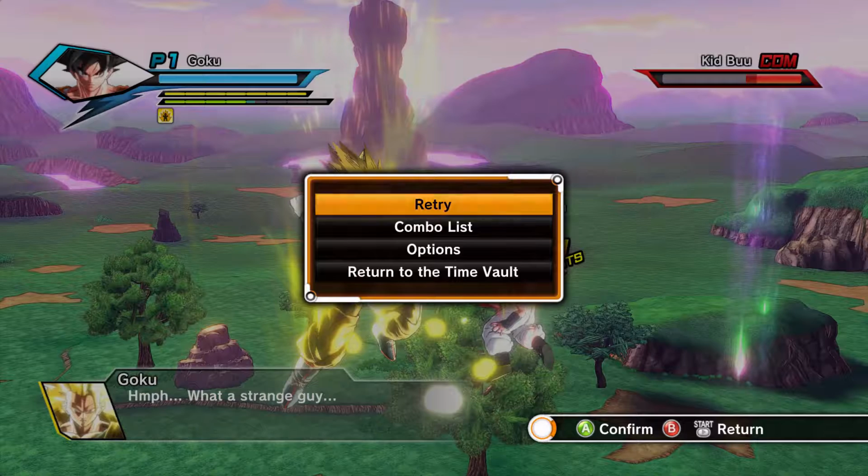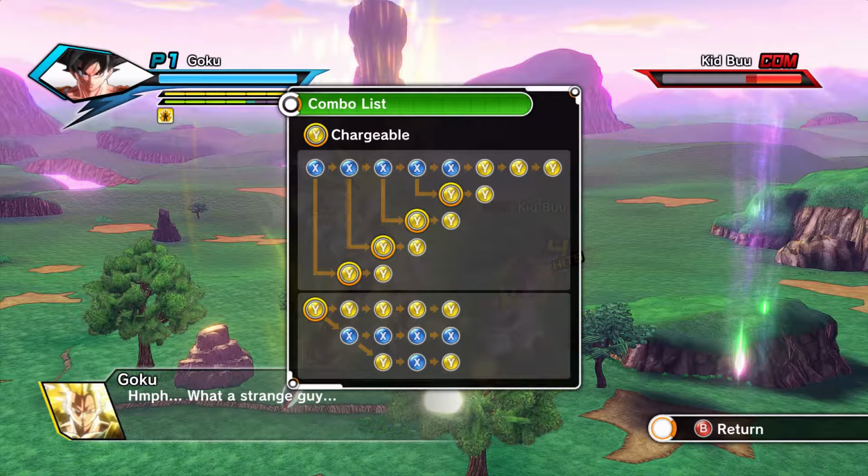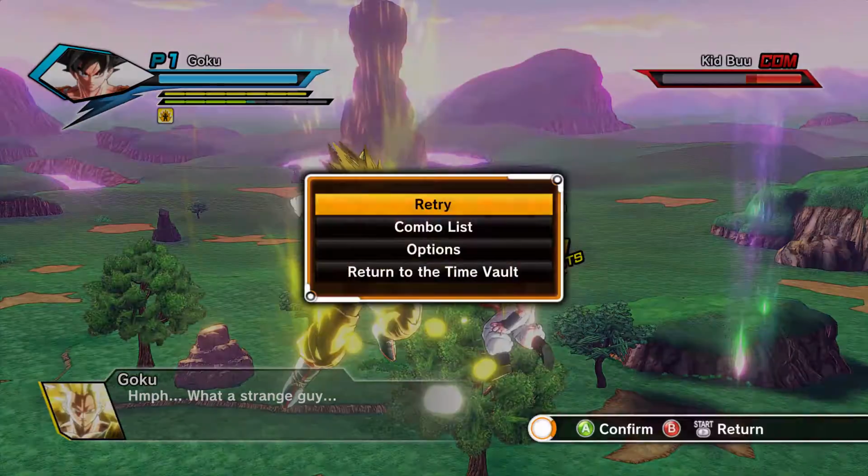I'm going to pause it real fast while I talk about the rest of this. Anyway, my right trigger lets me open up a combo. Here's our combo list, by the way. You can see if the Y is bold like that, you can actually charge up your attack, which again doesn't work all the time. I don't know why. Anyway, if we hold down our right trigger, we actually...